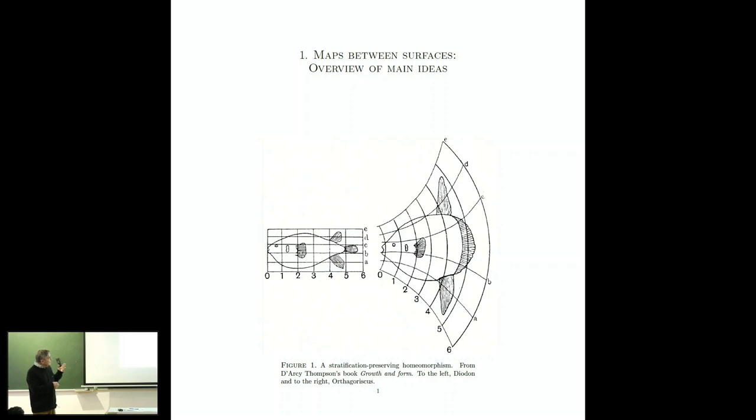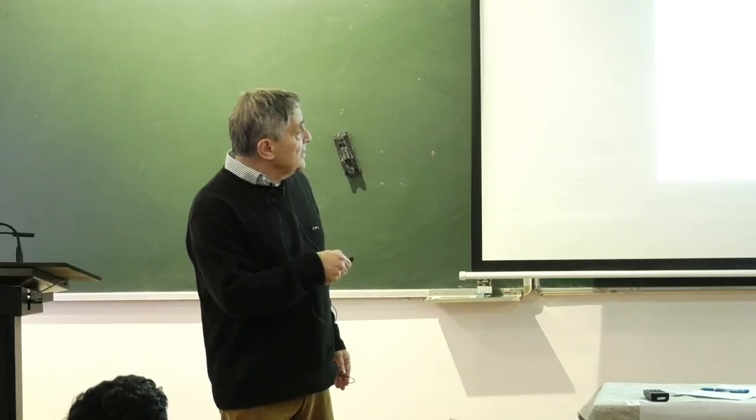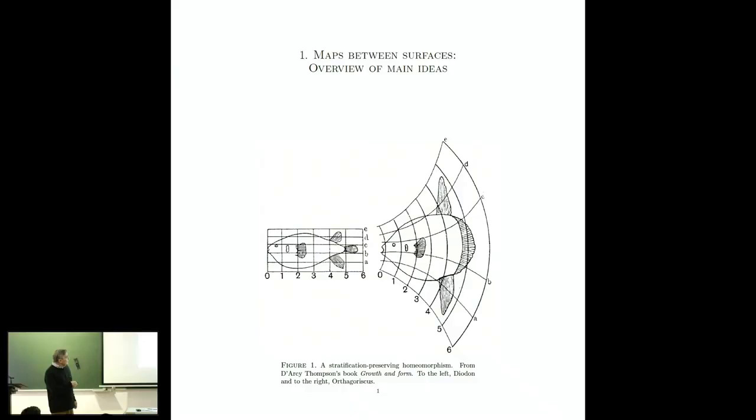This map is suggesting a natural map between the two fish. You see, these small rectangles here are sent to topological rectangles, but curved rectangles. And it suggests several things, in fact. First of all, the map preserves